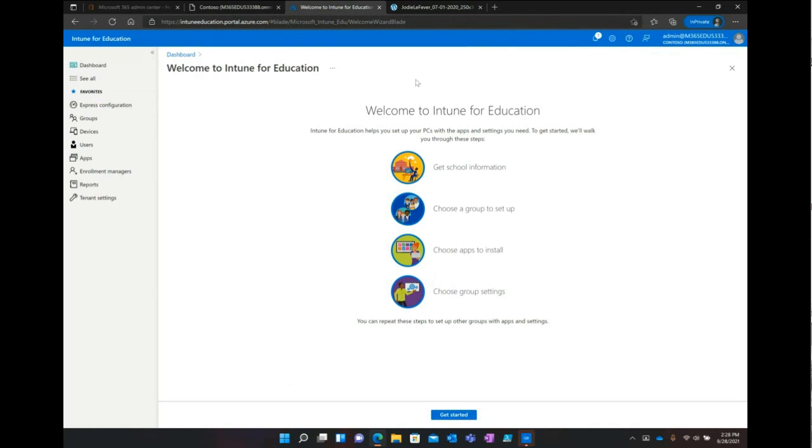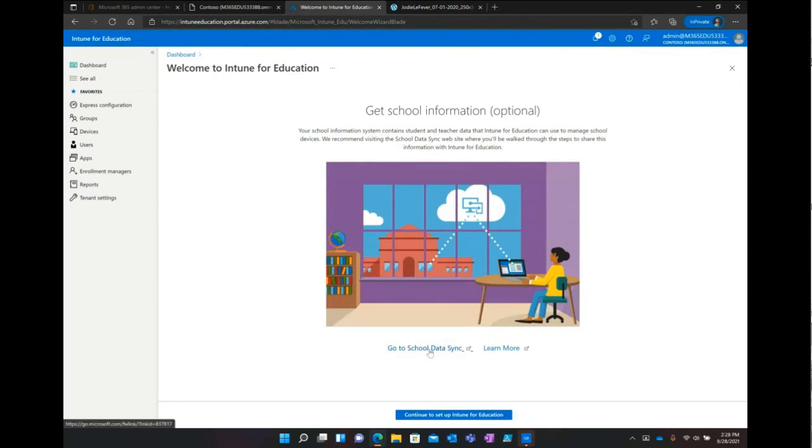So when you see this Intune for Education dashboard, I'd consider it pretty user-friendly. And when I click the Get Started button, it'll talk you through setting up School Data Sync. So this is another free service to help get information out of your student information system and pull it into Intune and like Teams. So you can use even more targeting and more attributes for deploying software. So if you had that in there, you could say, I want to deploy, I'm going to make up a name, Kickly Weeks or something to my second grade students. I could deploy that to that group based on those attributes, and that's all dynamic.